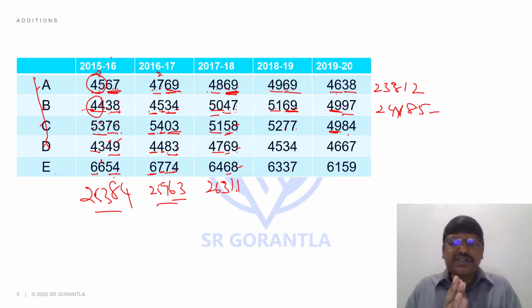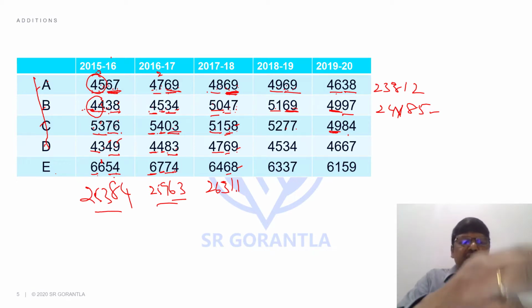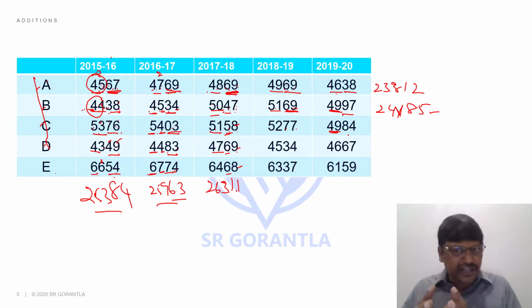So what I suggest to you is 2 exercises I want you to do, students. Just give me 10 minutes every day. You can do wonders with addition. One, like I said, write some 20 rows of 5 numbers like this. Give yourself, whatever time you are taking today, half the time as a target, and then see how many questions you can do.